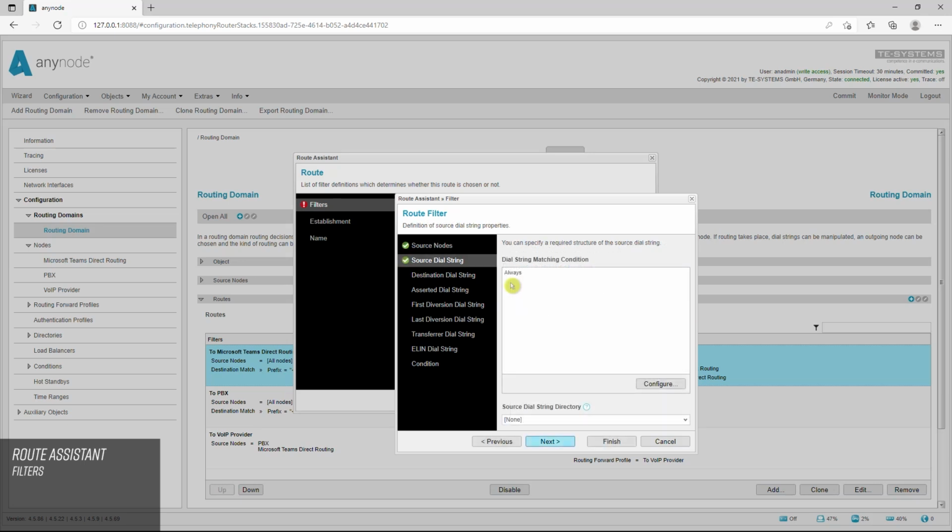At source dial string, we can define which conditions have to be fulfilled for the filter and thus the route to be activated. Here we can create a dependency based on the source dial string. For the type of match, this can be allowed to any number with match always. This is also the default setting. Other options for selecting applicable dial strings are: